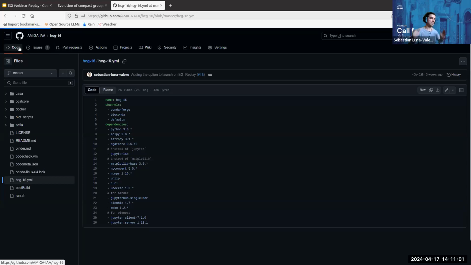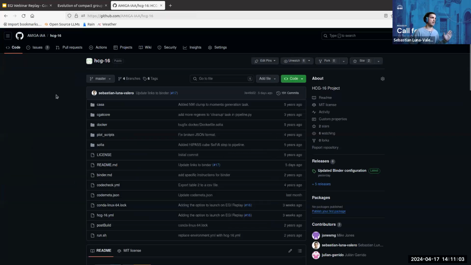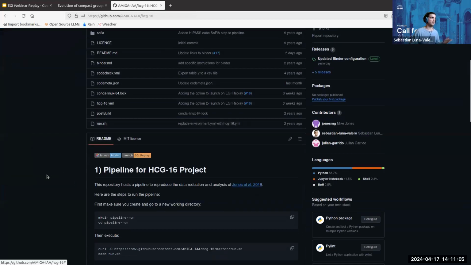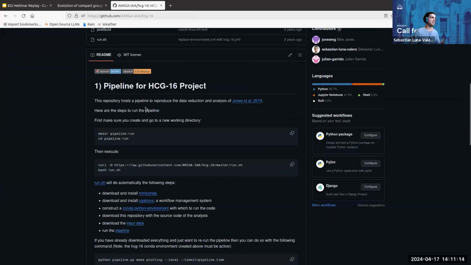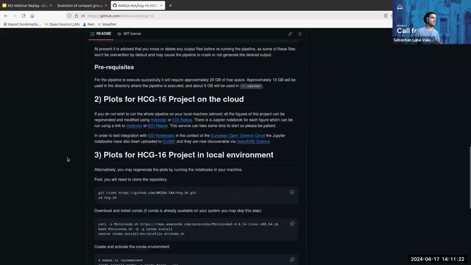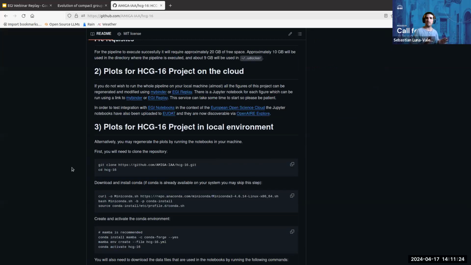Okay, so with this, we also created this README file in the repository, giving instructions for people on how to download the environment file, how to install it. And actually, you see the first step here is explaining to people how to run the pipeline for the data reduction done in the paper. But actually, I'm going to focus on these 2 other steps, offering the user the possibility to reproduce the figures in the paper.